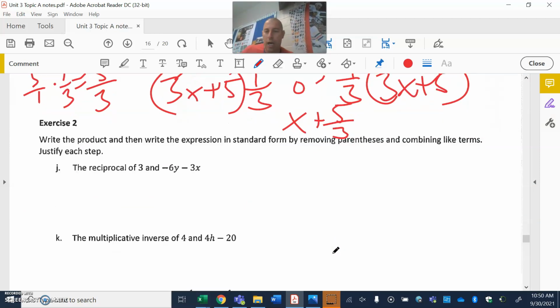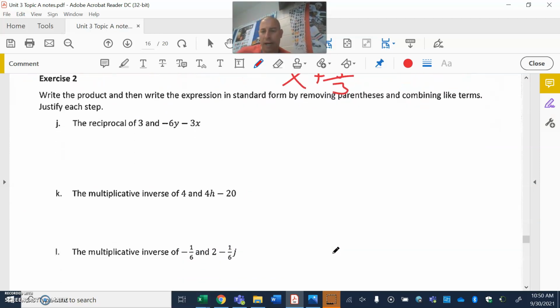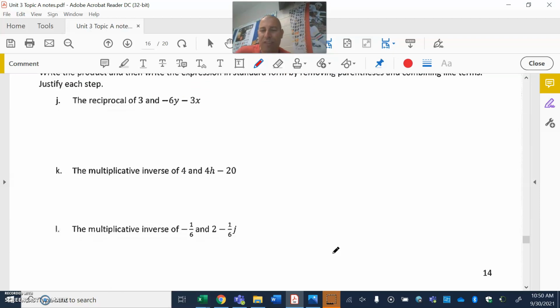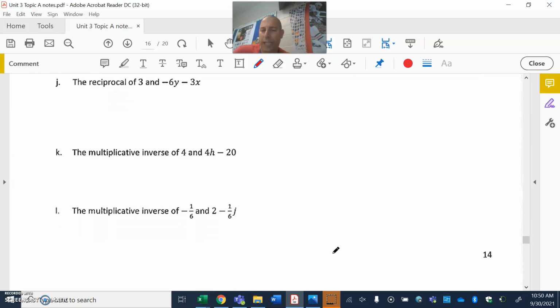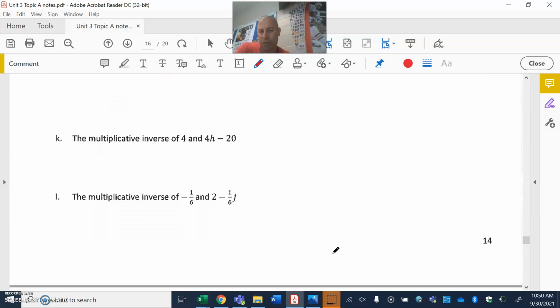Show is over. All right. Write the product. Okay, this is more of what we've seen. Now, here's one thing I do want to watch for. Let's go to letter L. Multiplicative inverse of -1/6. Remember, inverse just flips it. It does not change the sign. So the multiplicative inverse of -1/6, all right, it's going to be